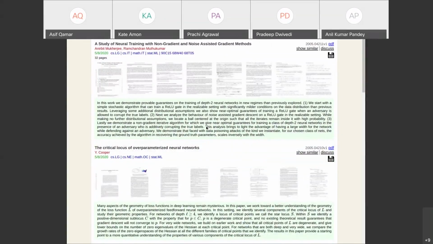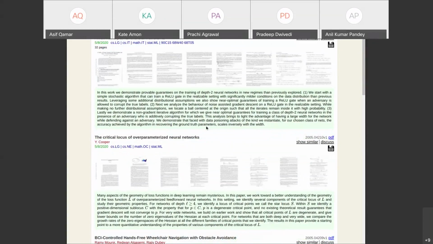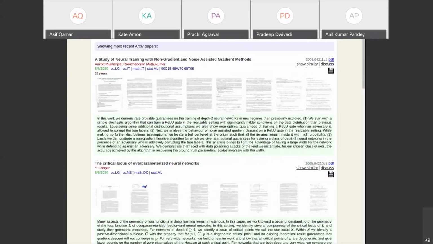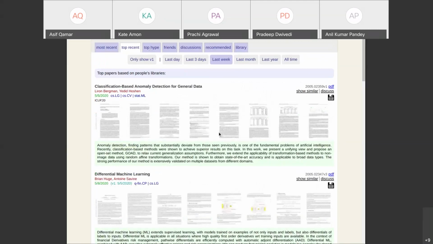Now, reading anything end to end takes a lot of time. So what will happen is I'll go here, I'll pick 5, 6 of the articles. What these people do is they take the best of the research that has been published recently. Right? So you can see the top recent, classification-based anomaly detection for general data. Right? And just by the look of it, you can see that this must be a pretty good article. Let us go and follow it through.